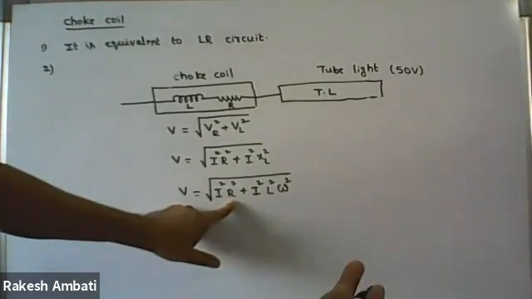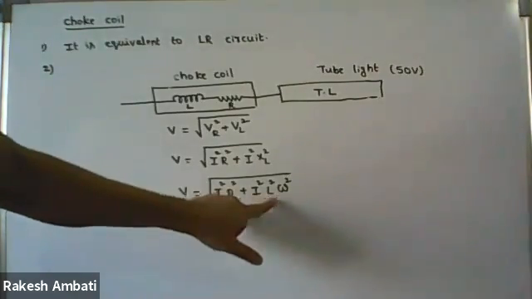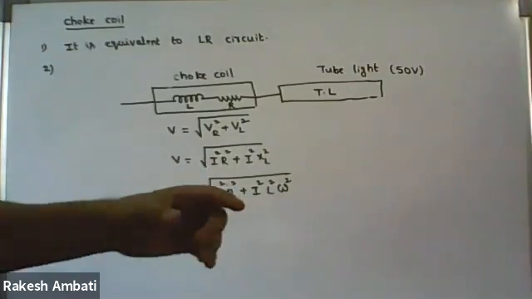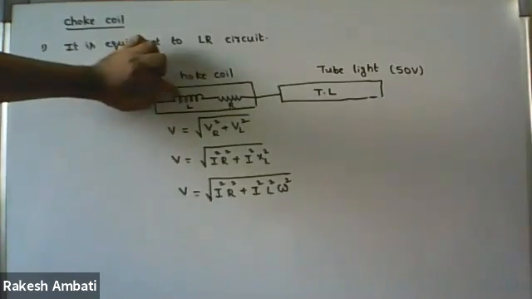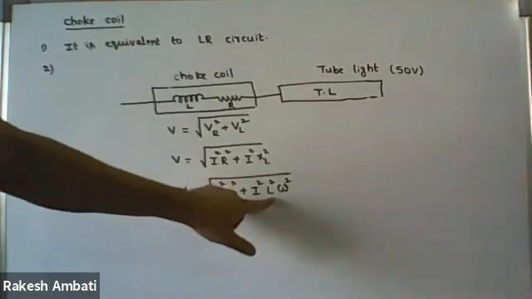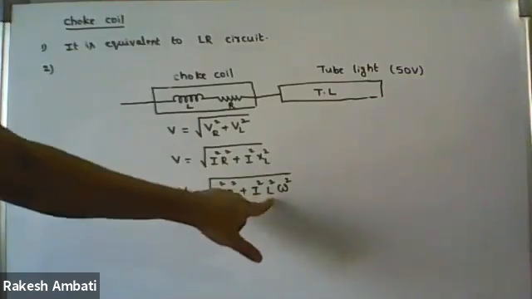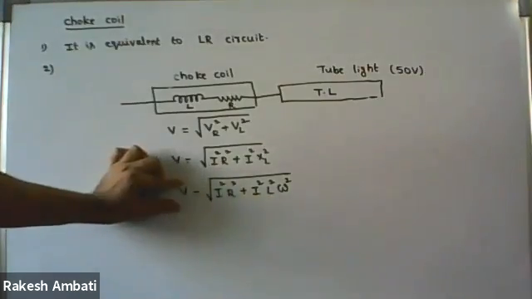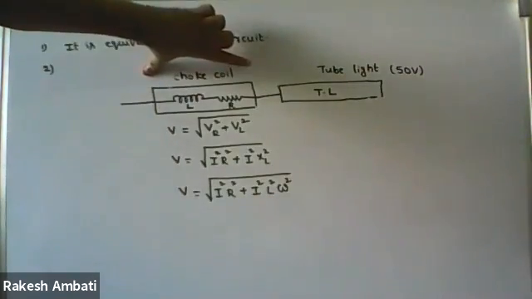Now, what is the other way? We have to increase inductance. By taking one inductor coil of high inductance, if L is high, then more potential is dropped across the choke coil, or not?